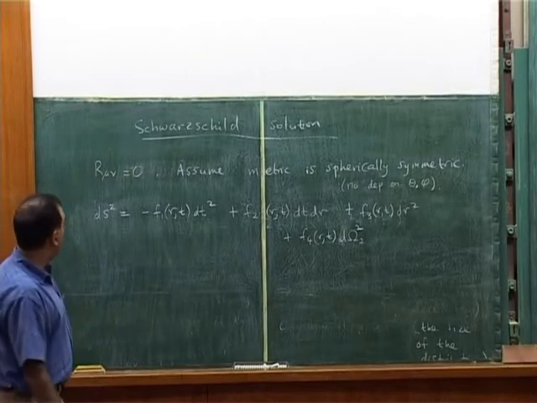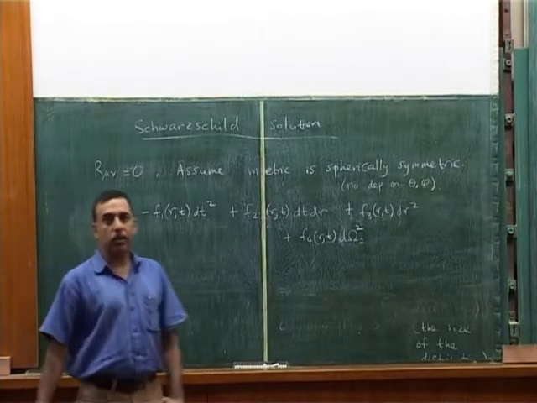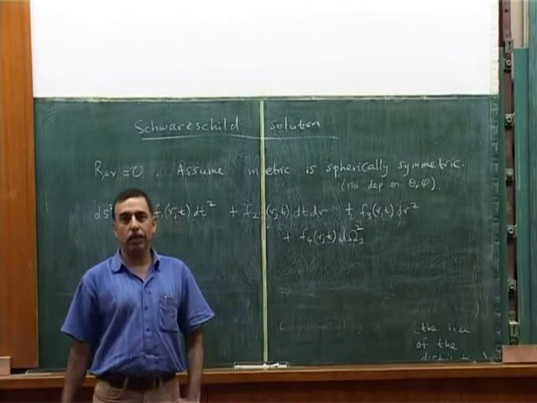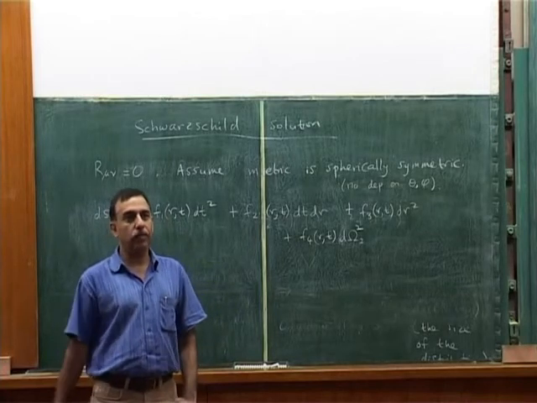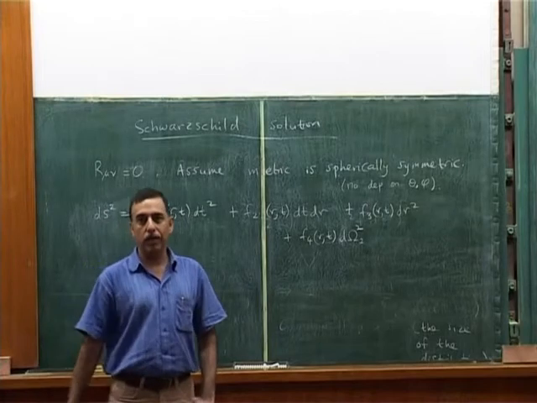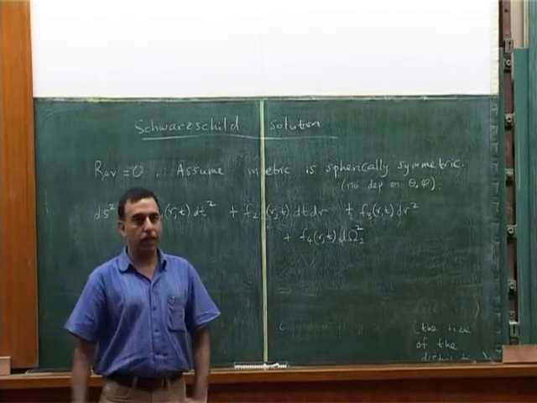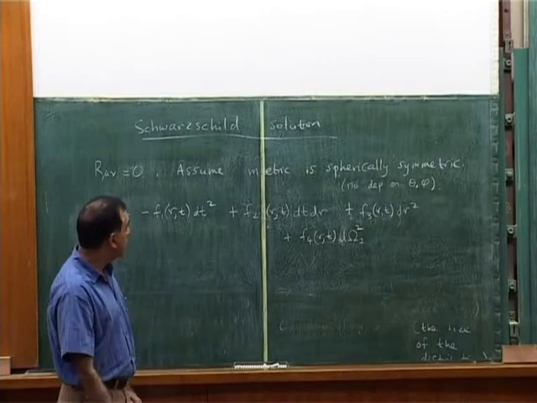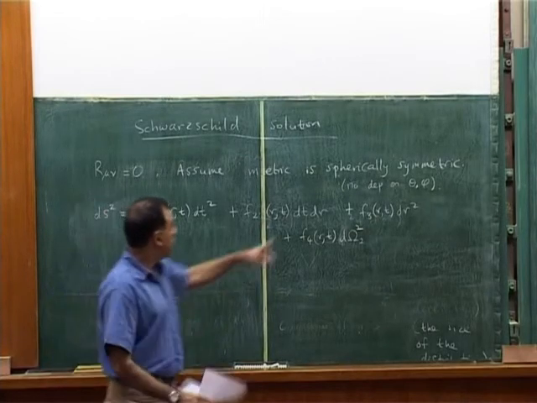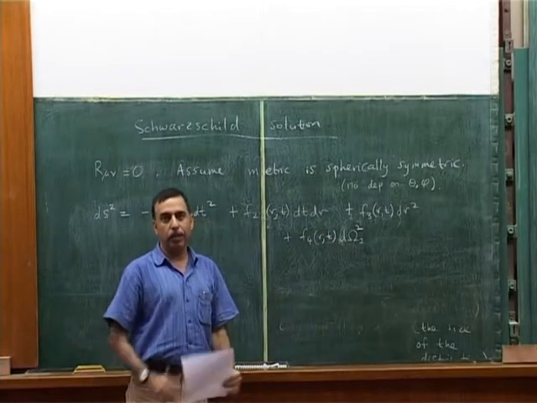And it's up to us now to take this metric and in principle calculate all the Christoffel symbols, and from there calculate all the Riemann curvature tensor components, from there calculate the Ricci tensor components, set each one of them to 0 and solve it. Now nobody ever approaches a problem like that by taking such a general metric. First of all, it's not diagonal because of this cross term. Secondly, it appears to be time dependent.